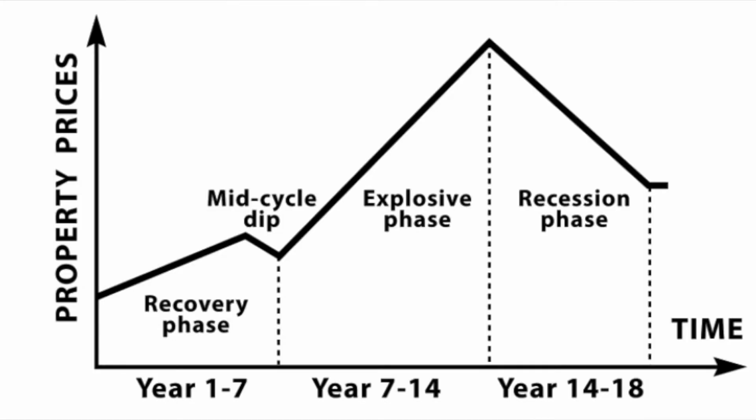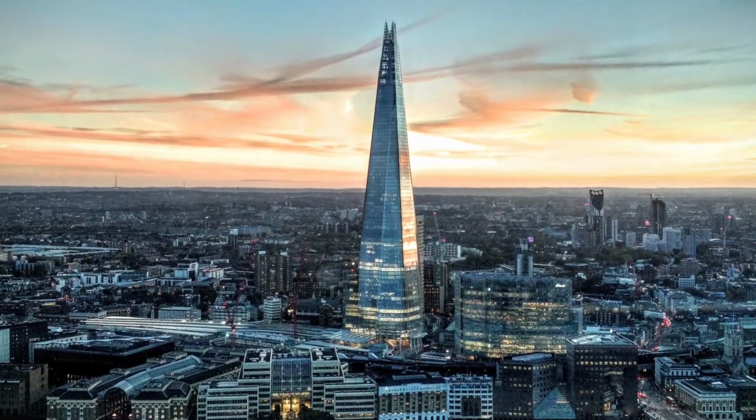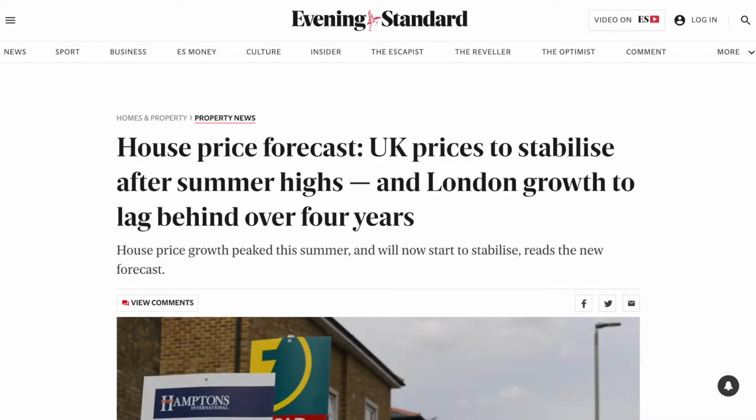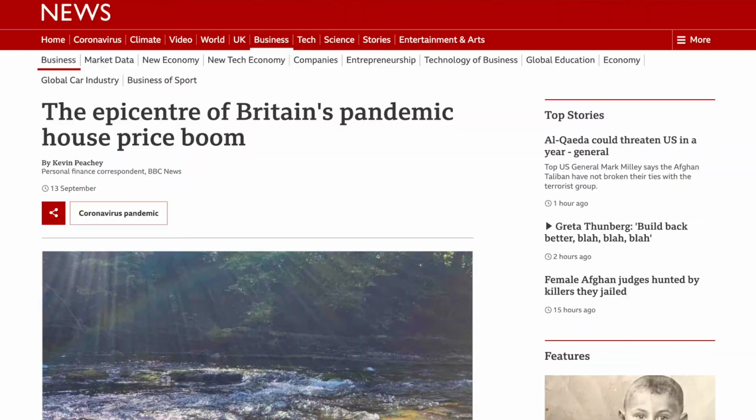But when we start to enter this stage, it is not strange to see double-digit growth in property prices. This creates a sense that everyone is feeling rich, which will lead to new huge building projects in big cities. The Shard in London might be a good example of this. Property prices will be all over the news. You'll see articles about how much money you have made by owning a house. You'll get regular updates about how much house prices have risen in your area, and everyone will be property mad,